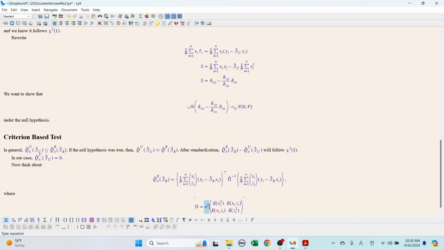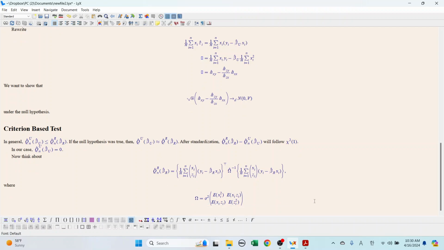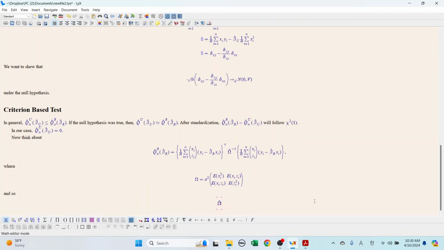Of course, remember, we are using the homoscedasticity assumption. So sigma squared is the conditional variance of epsilon given x and z, and its estimator will be,